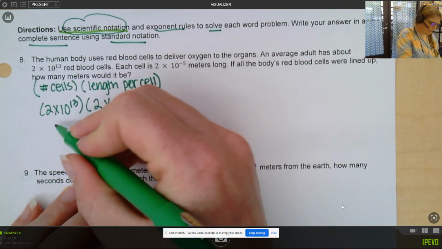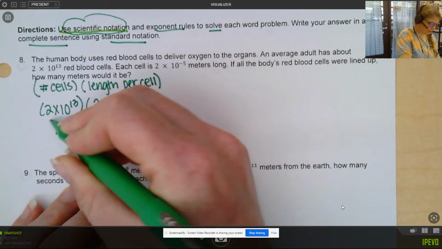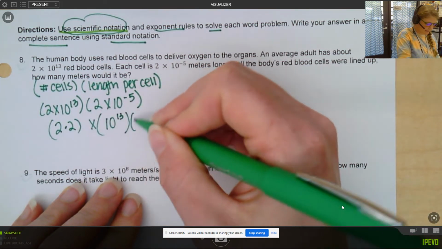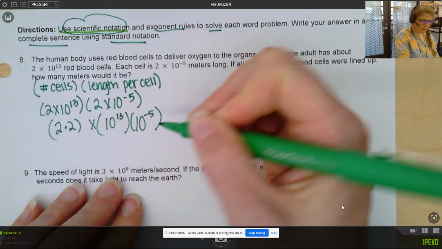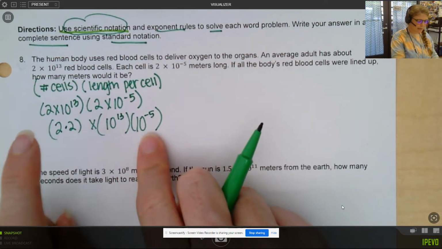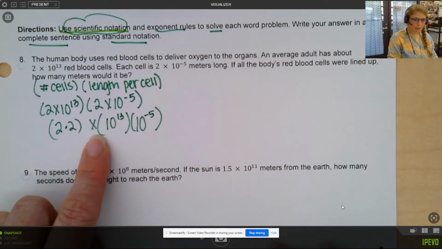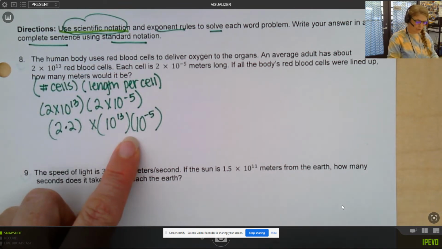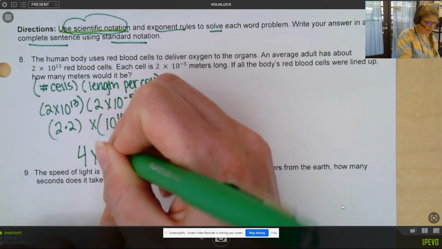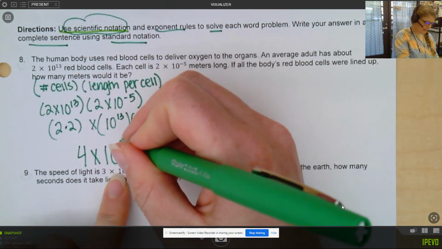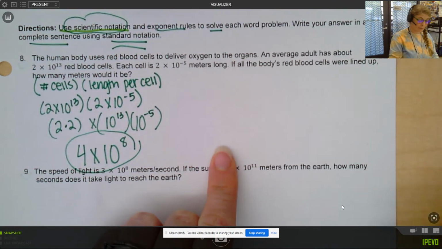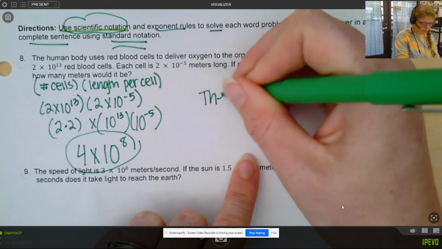So to rewrite these, we're going to have 2 times 2 times 10 to the 13th times 10 to the negative 5th. Notice I can use a multiplication dot, I can use parentheses to show this multiplication, but I have to use the x in between my significant figure and my orders of magnitude. From here, 2 times 2 is 4, times 10 to the 13 plus negative 5 is 8. We want our answer in standard notation, so we have to have our decimal equivalent. So the total length